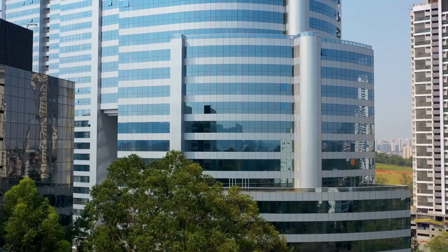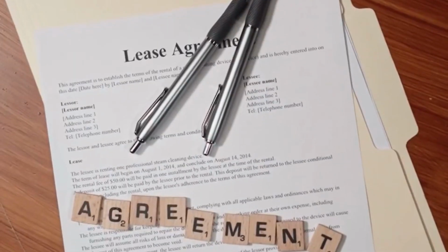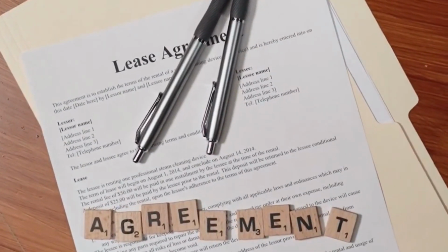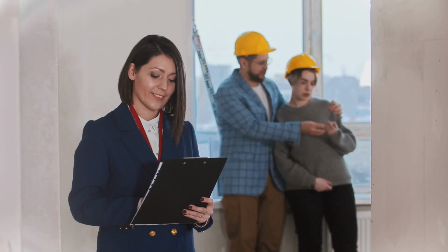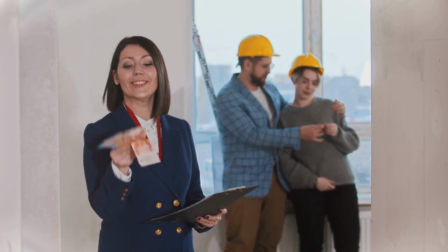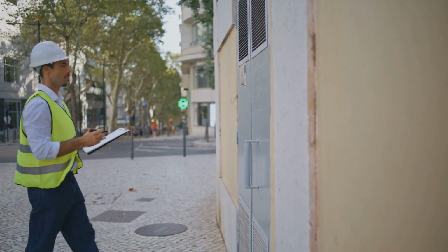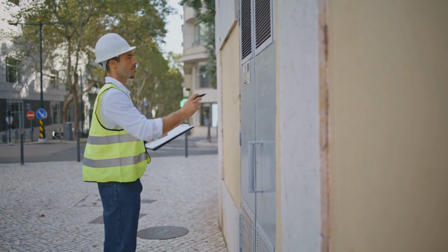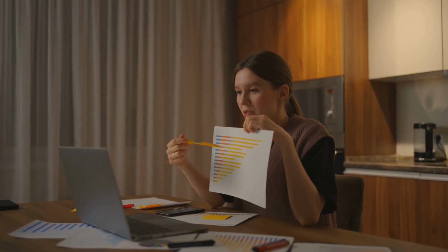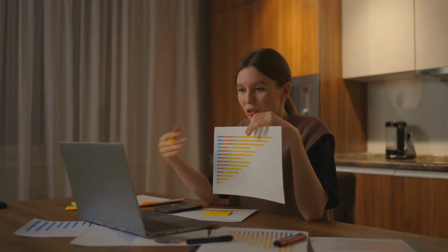This involves identifying several similar properties within the immediate geographic submarket. You need to analyze their current asking rents and, more importantly, the actual rents they have recently achieved for new leases or renewals. It is crucial to adjust these comparable rents for any significant differences between the comp and your subject property. Factors for adjustment include property age, condition, size, quality of construction, included amenities, and specific lease terms offered. This diligent process helps to validate or refine your pro forma rental income assumptions, ensuring they are grounded in market